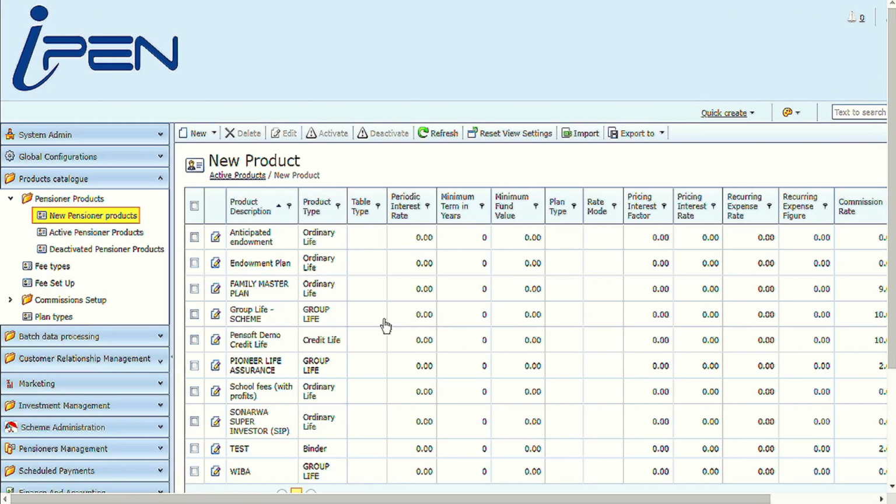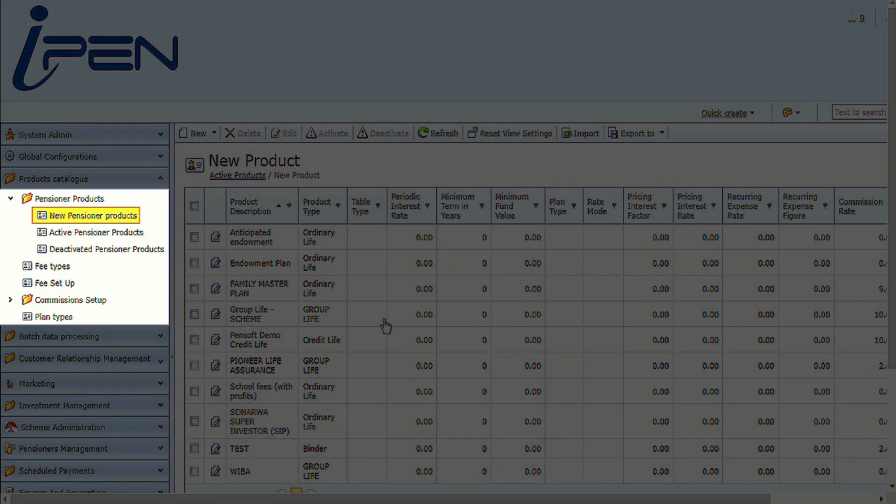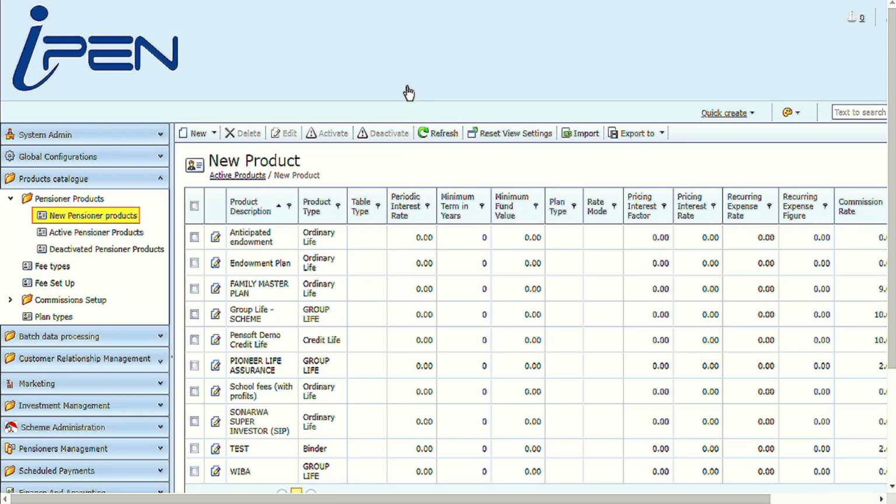In this video, we will be covering the Products Catalog module. While the Global Configuration module is used to set up the non-specific lookups within the system, the Products Catalog module is used to set up business rules in the system and is majorly used to define the products which are utilized in the system. For instance, since the system is based on scheme administration, we can set up various products